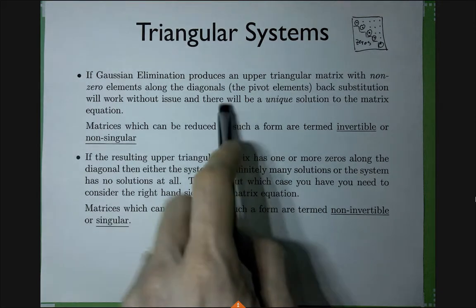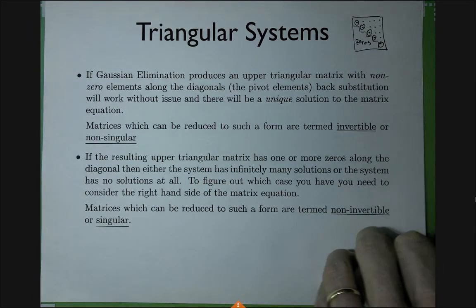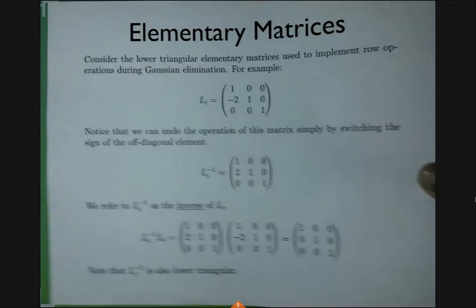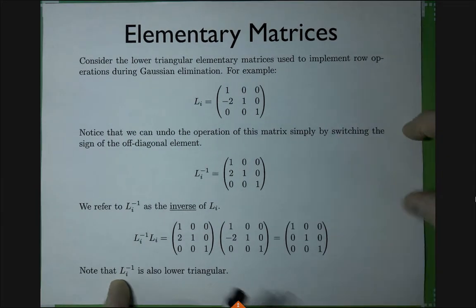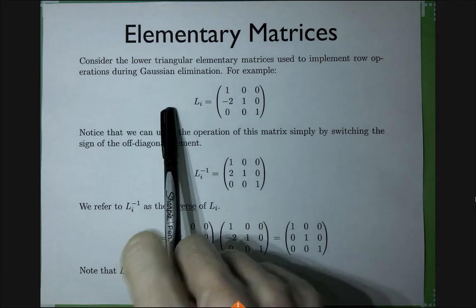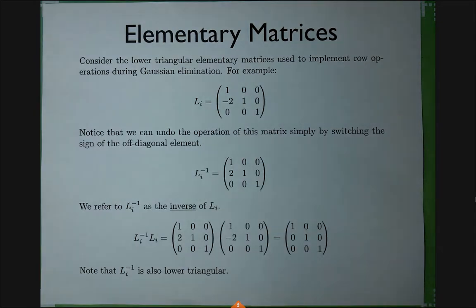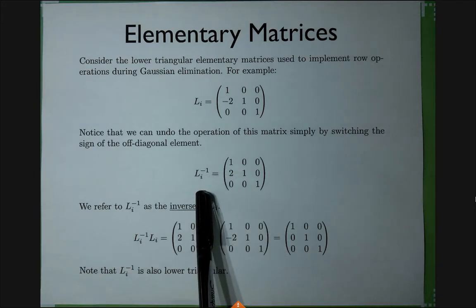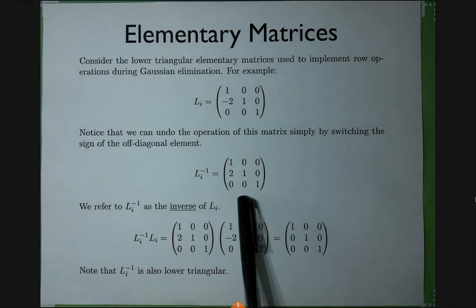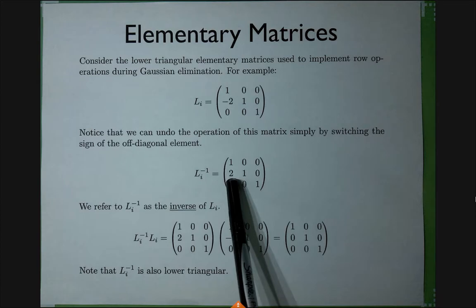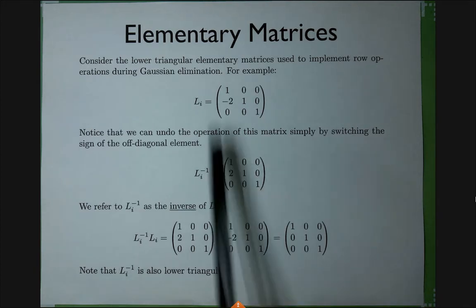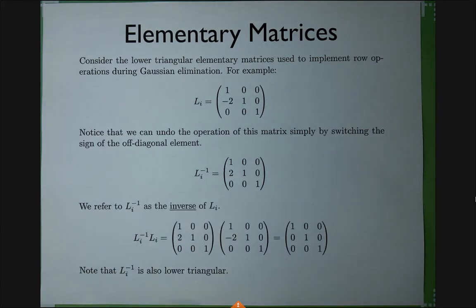So for now, we will be talking about these good cases, about invertible matrices. Now here is some good news. The good news is that these elementary matrices we use in Gaussian elimination, matrices like this, they are all invertible. They are all non-singular. Why is that? Well, in that case, the inverse is actually super simple. It's like a rare case that the inverse would be that simple, because all you need to do is basically flip the sign of this off-diagonal element, and that's it.